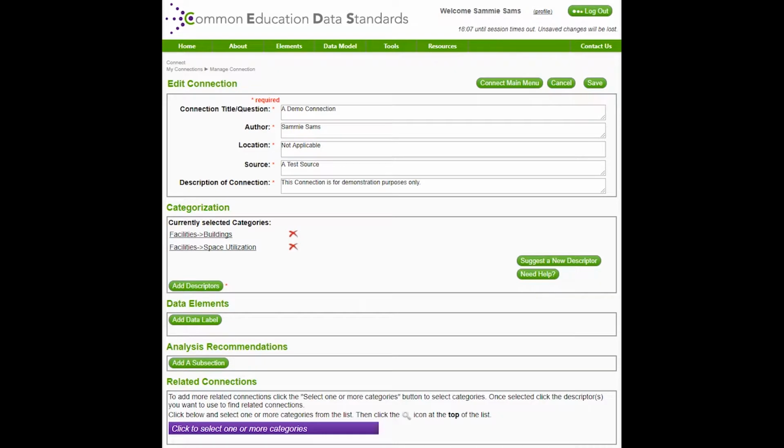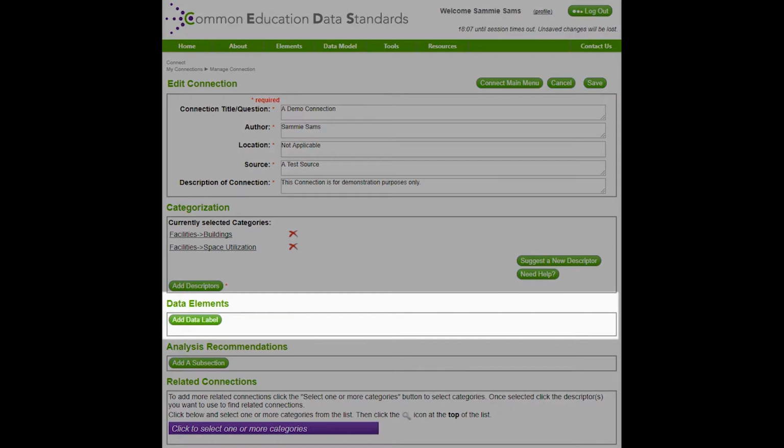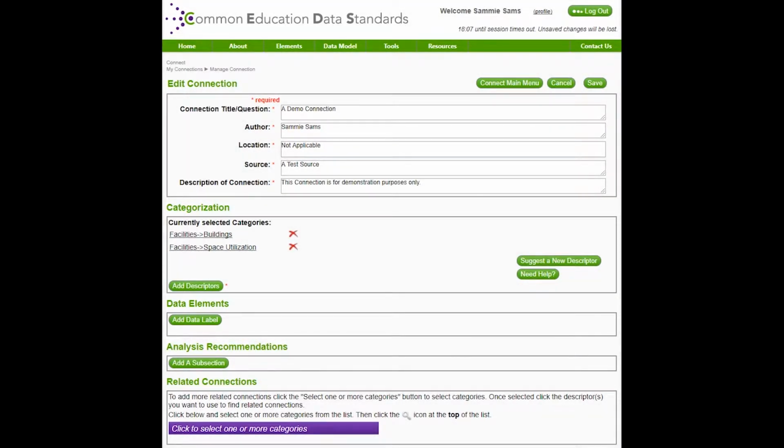Now that you have named and categorized your connection, you will use the Data Elements section to choose the CEDS elements necessary for the question or metric you are detailing. Elements can be organized under data labels of your choosing. For example, you might choose to group elements as identifying elements and reporting elements. Or you might group elements based on some other criteria. The way you group elements is your choice. You should group them in the way that makes the most sense for you and for the topic you are